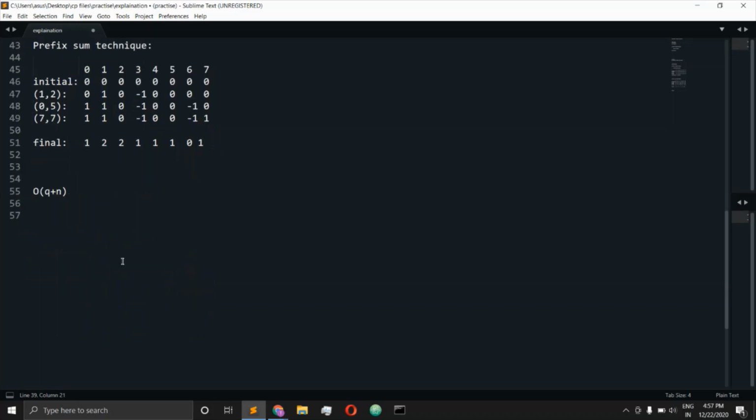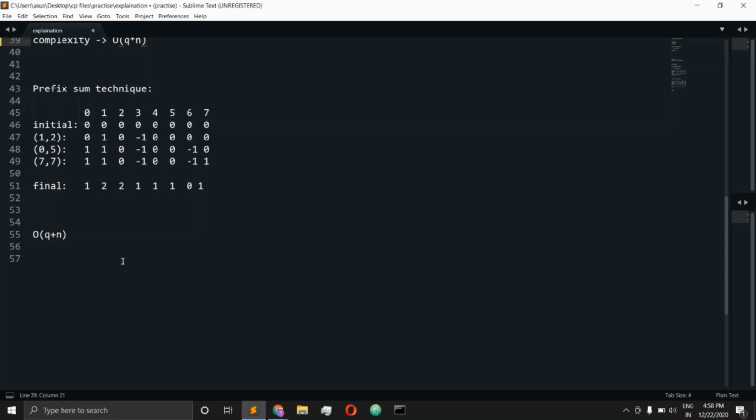So we can use the prefix sum approach. What we do in this is, initially we are given an empty array, so it is all zero at all the indexes. If I'm given some query like L comma R, like 1 comma 2, let's assume this array is ARR. So what I do is array of L plus equal to 1 and array of R plus 1 minus equal to 1. So let's see how this will work.